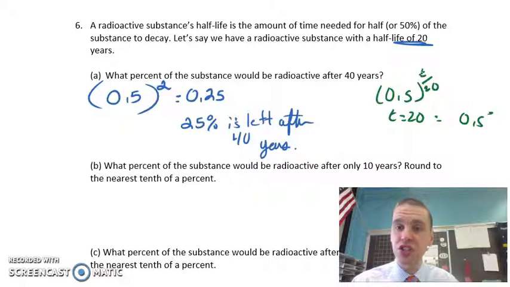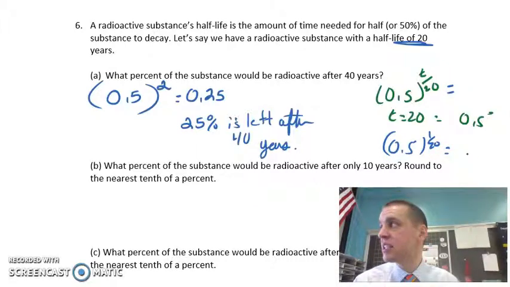If I plug in 20 here, 0.5 raised to the 20 divided by 20, I'm going to get 0.5. And so the idea is that we know the percent decline after 20 years. I'm going to take t and divide it by 20. That's going to give us our per year rate, which we know is 0.5 raised to the 1 over 20, which will give us our percent yearly decline,